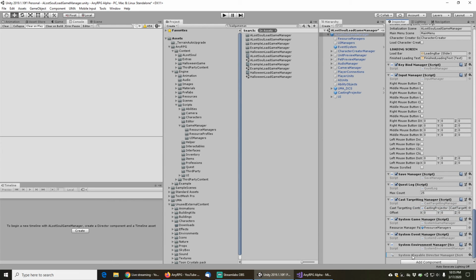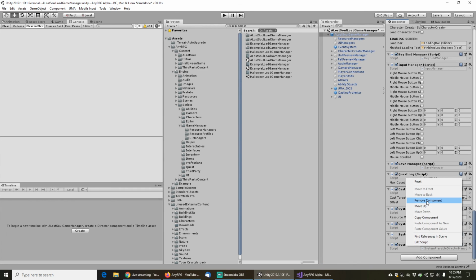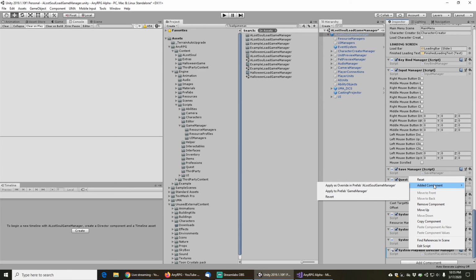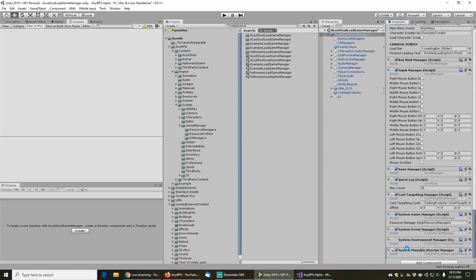Okay, we're going to remove that component. We're going to revert that. No, we're going to remove the component. Okay, you know what? I'm going to Control Z. Okay, there we go. Now we're going to add a component. We're going to apply that to the game manager. There we go. That's better. Now it's not an override anymore. Much better. Okay. So now what we want to do is we want a way to tell our cutscene it